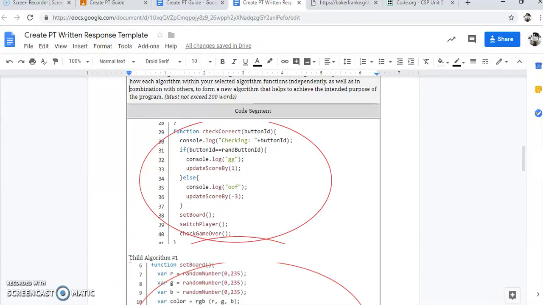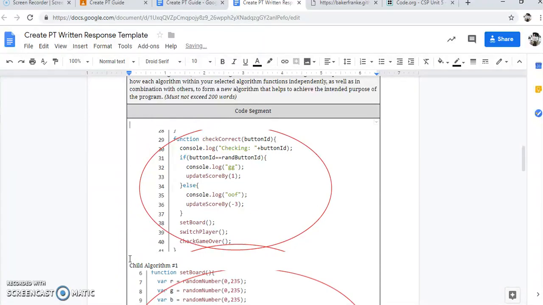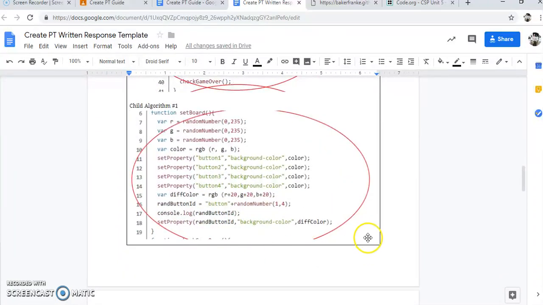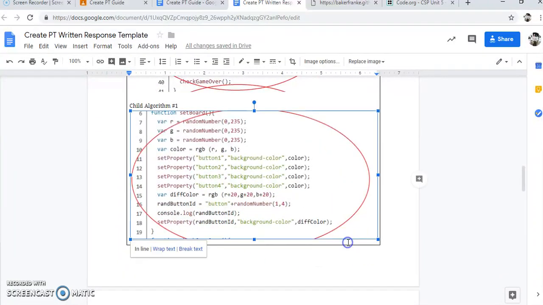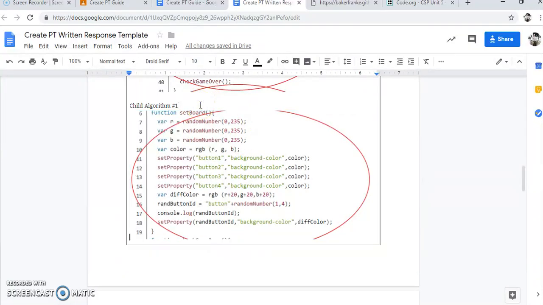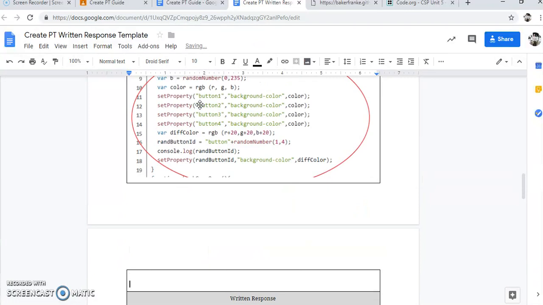If you don't have a child algorithm, don't stress out about it. You're only going to lose 1 point. If you have a really solid non-children algorithm thing, you can still get 2 out of the 3 possible points for this section. So I'm labeling it, I want to make this real easy for the AP reader to grade. So I'm making it nice, and then we'll do child algorithm number 2,